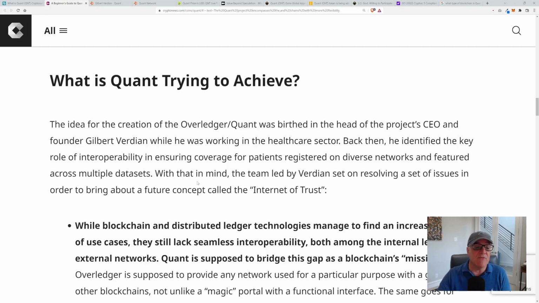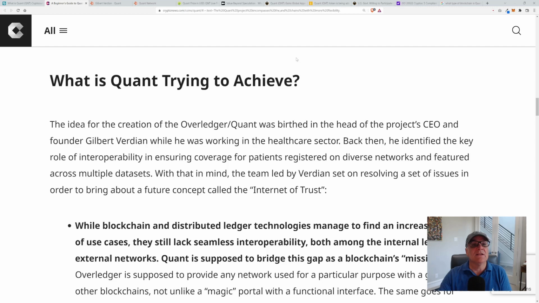And what ended up coming about from that was a concept called the Internet of Trust. Basically, so that they would go out and get this information off chain in legacy systems, bring it on chain, validate the information, and have it available and be able to supply the information with that assurance that that information was in fact validated and correct. But guys, it opened up a massive door of opportunity, because not just in healthcare, but in all fields, this kind of validation was going to be required, and there needed to be interoperability between blockchains. And that's what birthed Quant.